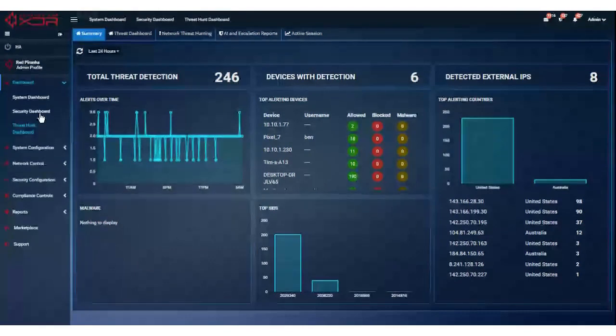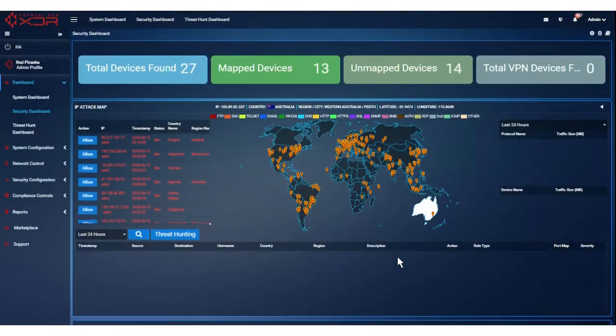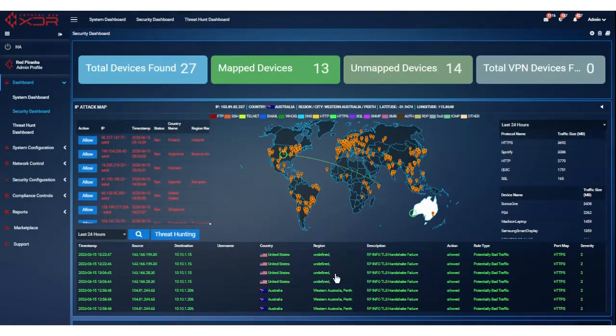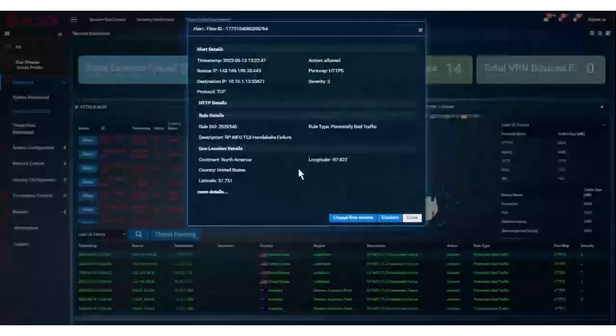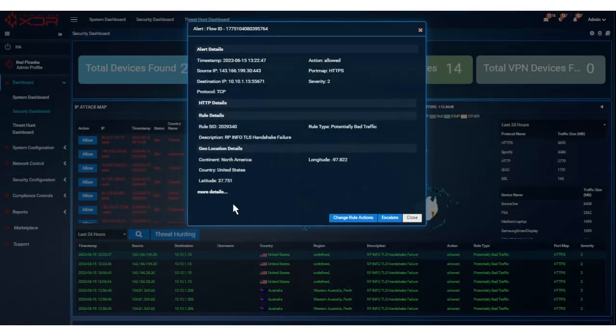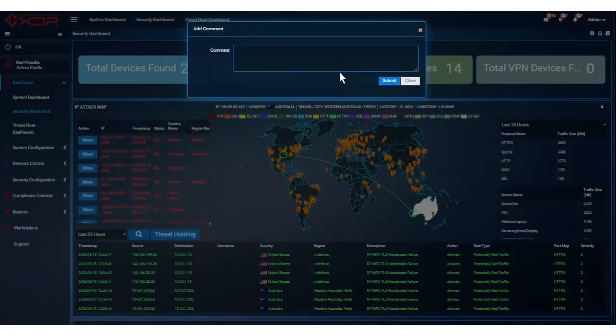Actually, speaking of looking further into things, I forgot to let you know about another cool feature with our IDPS, which I'll quickly demonstrate here. Let's say you get an alert and you want to know a bit more about it. Let's say this one here, undefined, handshake failure, very generic. Normally I wouldn't worry about this, but if I wanted to know more about it, we've got our escalate button. That escalate button, when clicked, gives you access to a field where you can drop in a comment and